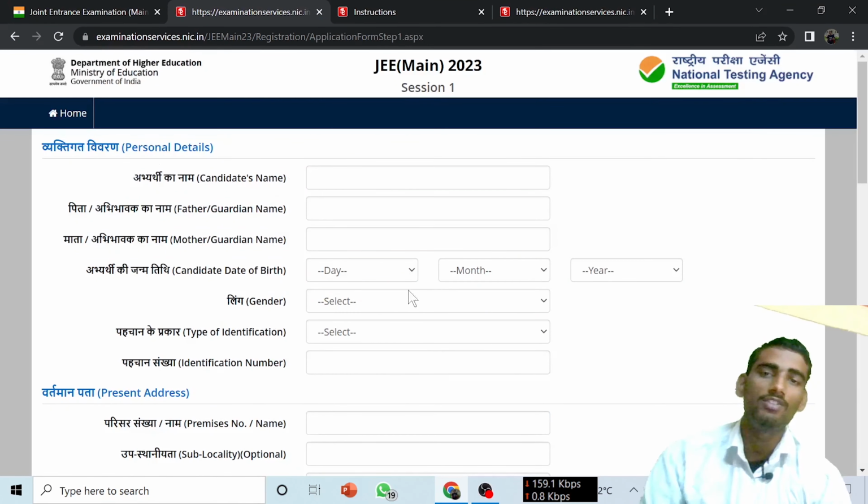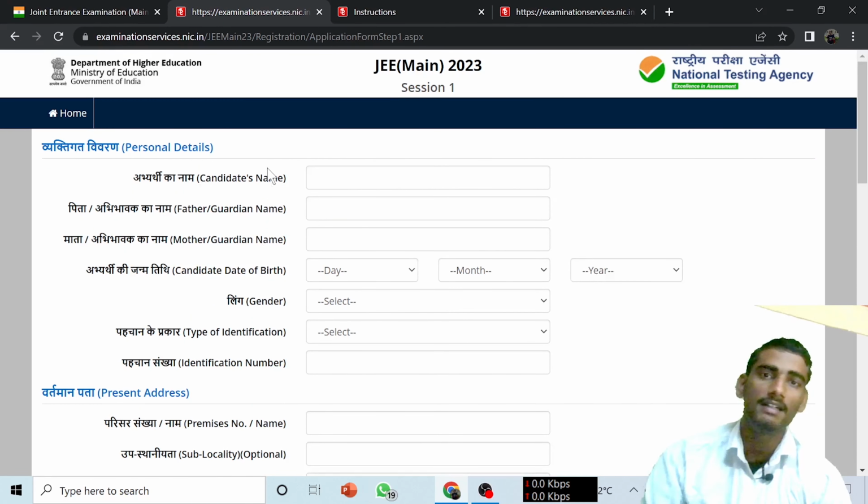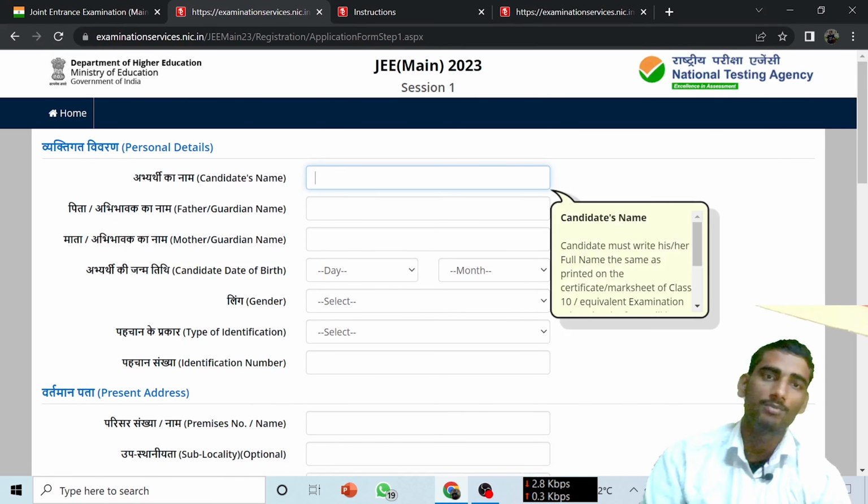So भाई आप click here to proceed करेंगे, then a fresh form will be available. Okay, where you have to give all your details. First is the candidate name. Suppose I am filling some candidate's name. Here they have written that the candidate must write his or her full name same as printed on the certificate or marksheet of class 10th or equivalent examination. मीन्स class 10th या class 10th के equivalent जो नाम आपका है वही देना है. अगर आपका कोई गलती है भाई तो आपको गलत नहीं देना. Whatever the name that is written in your class 10th admit card and class 10th marksheet, that you have to write guys. Okay, suppose I am filling a form for Ram Kumar.